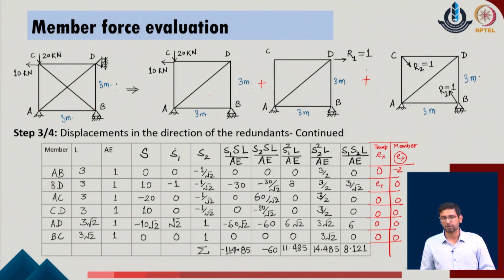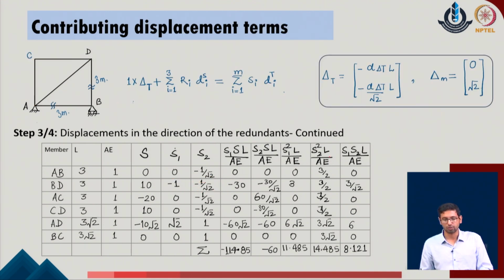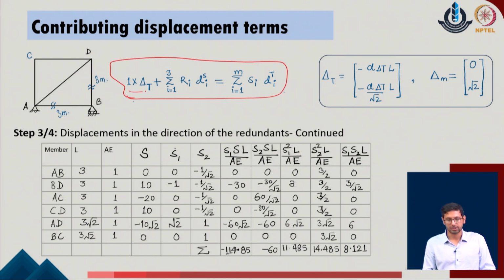And now, as we describe the given expressions, when it comes to calculating the contribution for the individual cases, we multiply this E of t value with the S1 parameter over here and the S2 parameter over here for the 2 members. Similarly, we multiply the member Ex component -2 for member AB with the S1 and S2 components to get the overall values of these deformations. By doing so, we can now represent this system in a simple form, where this is the representation of the temperature deformation or any kind of member pre-strain or other parameters of the given system.